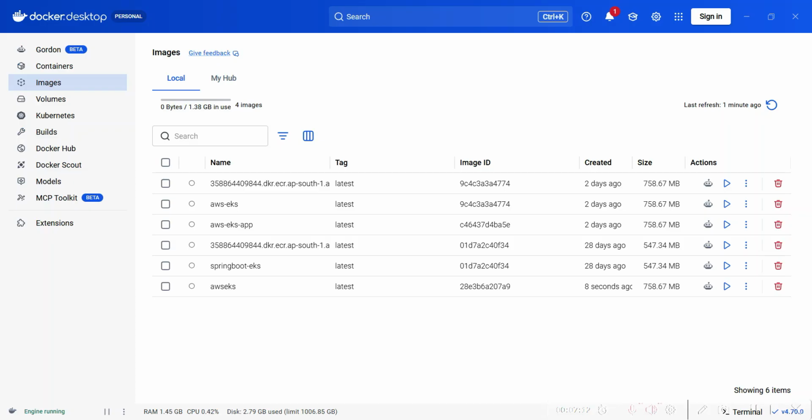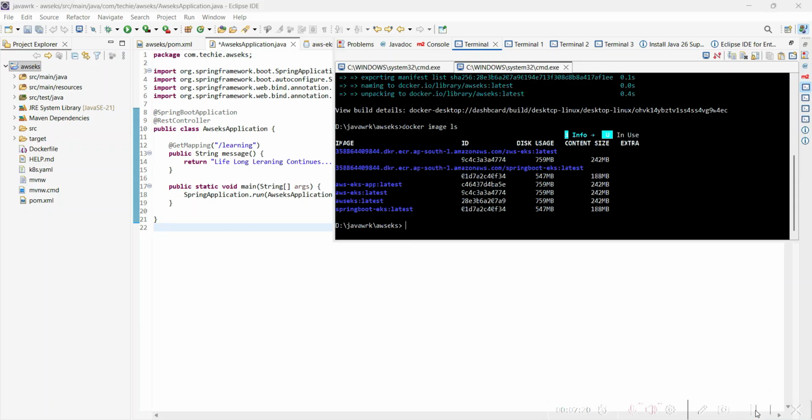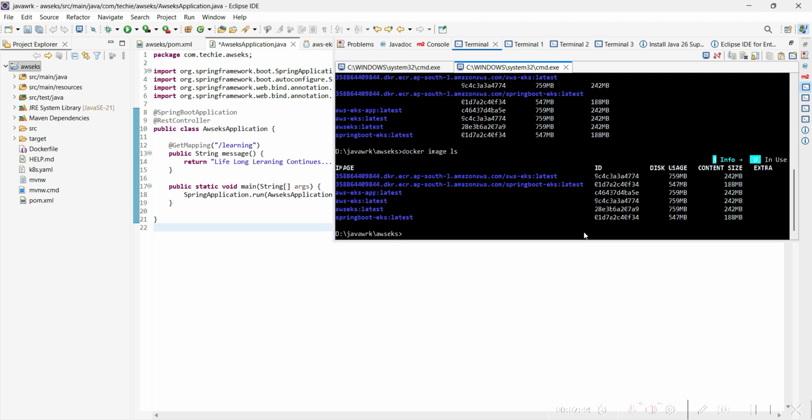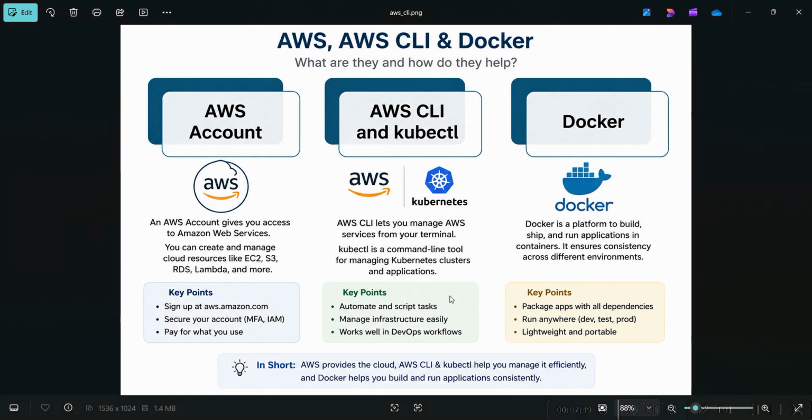Yes, we see that. We need to check the Docker images. So docker image ls. So it will show the latest images. Before that, you must ensure